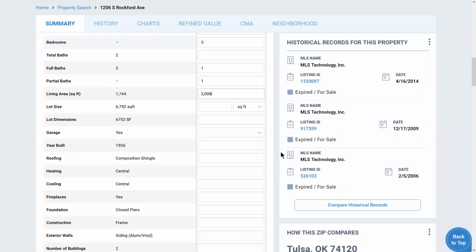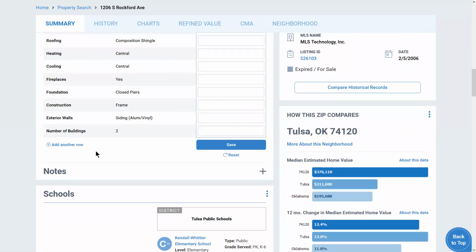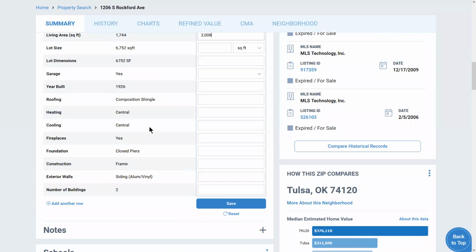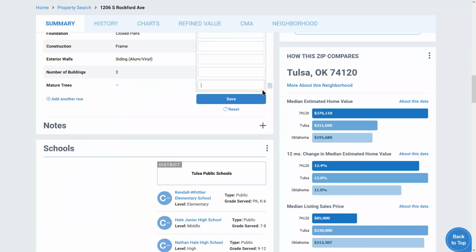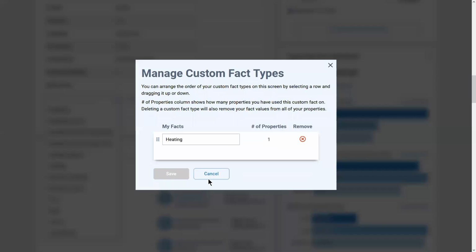It's also important to note that if the information that's actually found on here doesn't include everything that you would like to document, you can always add another row and choose either from some of the things that they currently have available, or you can just type something in. So for instance, if you guys wanted to use mature trees, there we go. Or we can do add another row, and we can actually add in any custom facts